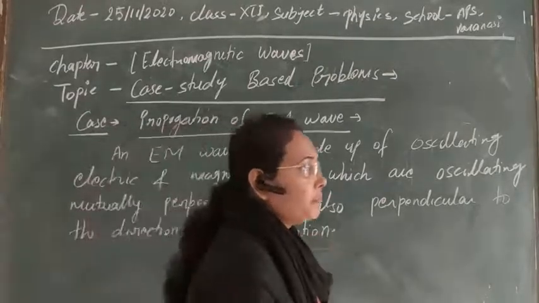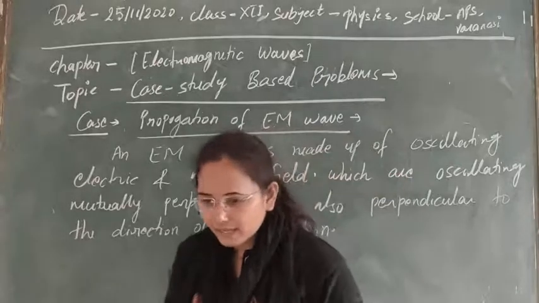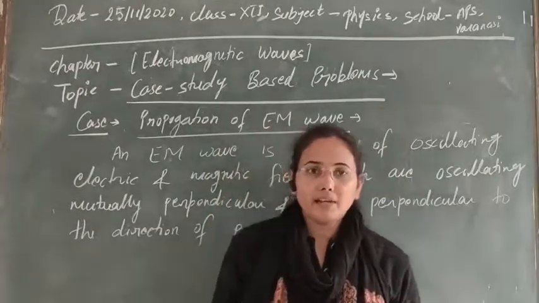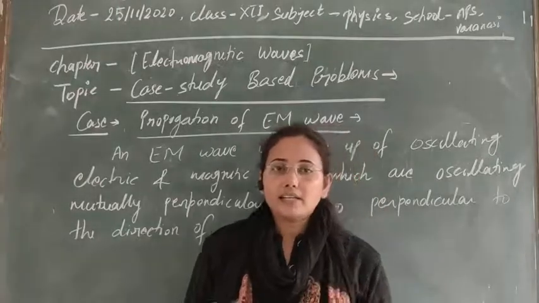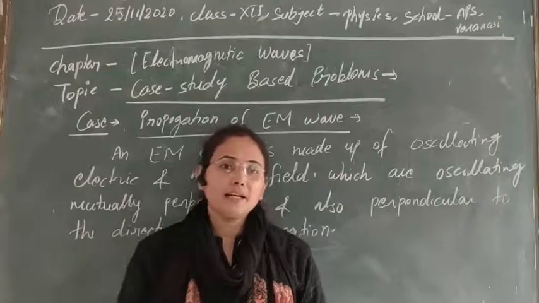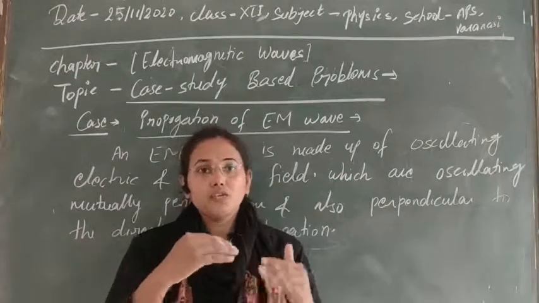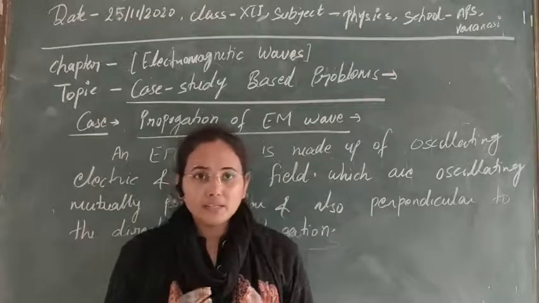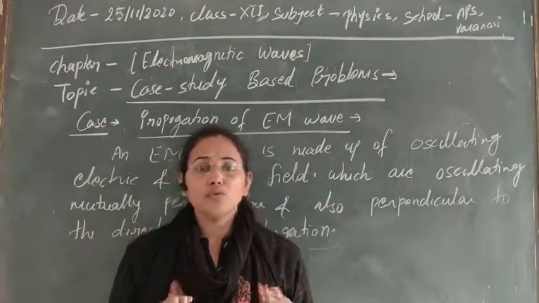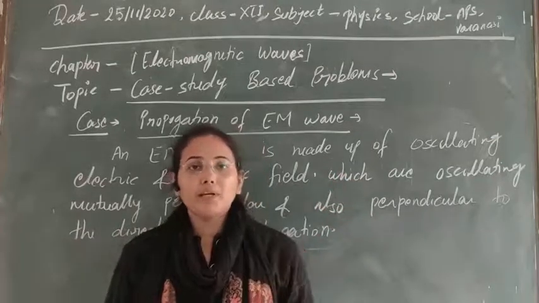So these are very simple lines. You know that in case of electromagnetic waves, there are two types of oscillating fields, electric field and magnetic field. You know that the oscillating electric field produces a magnetic field, and the oscillating magnetic field further produces an electric field. So this system is continuously going on, and the directions of the electric and magnetic fields, so that there should not be any mutual interaction, are mutually perpendicular.